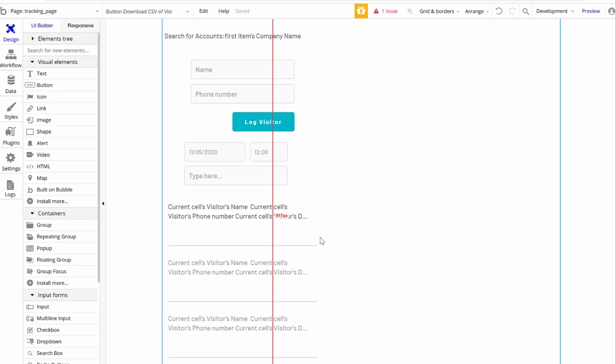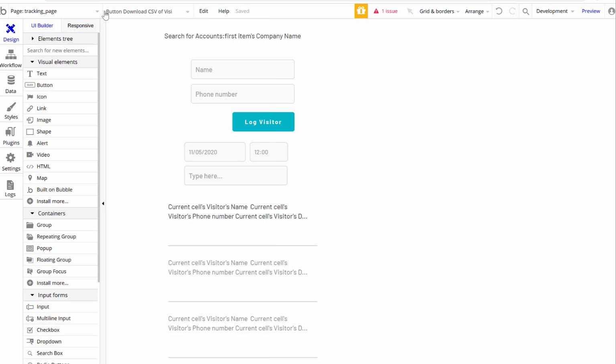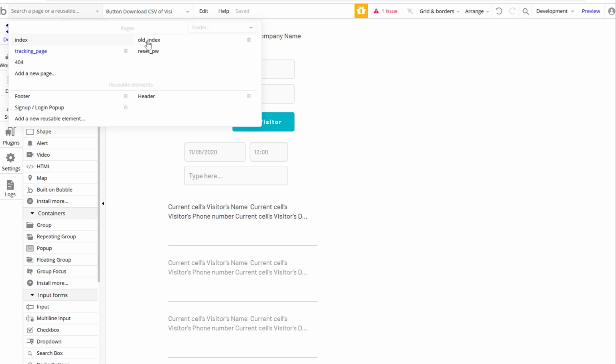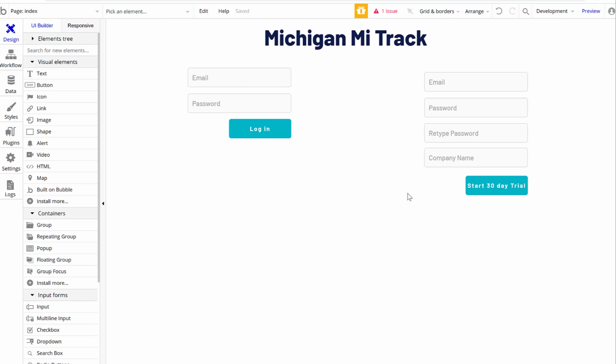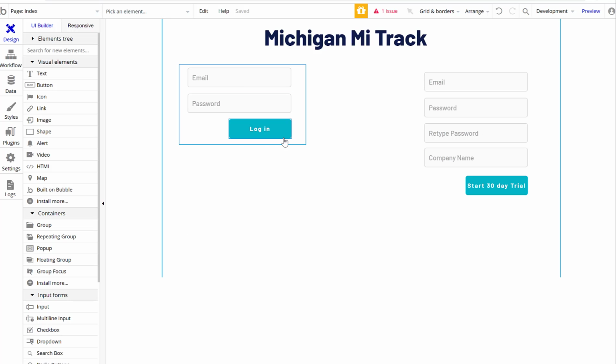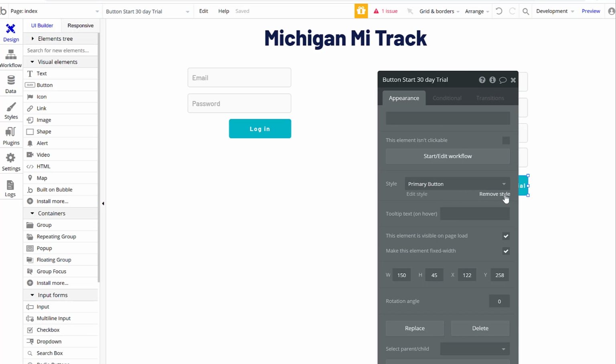So realistically, I could take this, I could make it a little bit prettier. I could go back especially to my main page and make that prettier on the index, add some graphics or something. But yeah, the only thing we didn't really go over here is adding the payments, which is using Stripe,